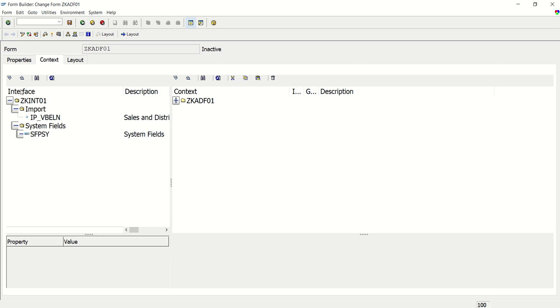Now this left hand side is from the interface. Whatever parameters we define will be added there, all that we can see here. And this is the context. On the layout, we can select the fields which are available in this context area. The field which we require to print in the layout, that we have to drag and drop from the left hand side to the context area. Not necessary that every time we add all the fields, but the required fields we can add here. So here IP_VBELN I am adding in the context area,